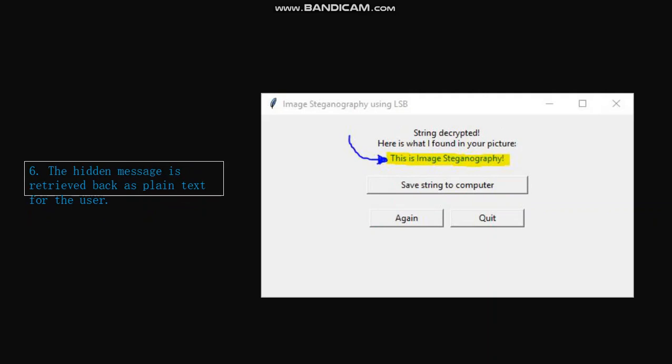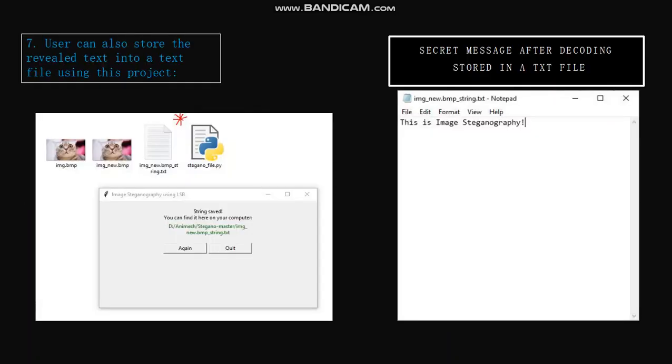The hidden message is retrieved as plain text for the user. The user can also store the revealed text in a text file using this project, for example, a secret message after decoding stored in a txt file, for example, Notepad.